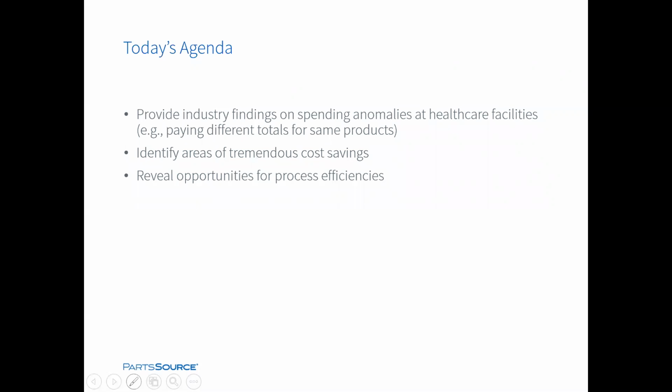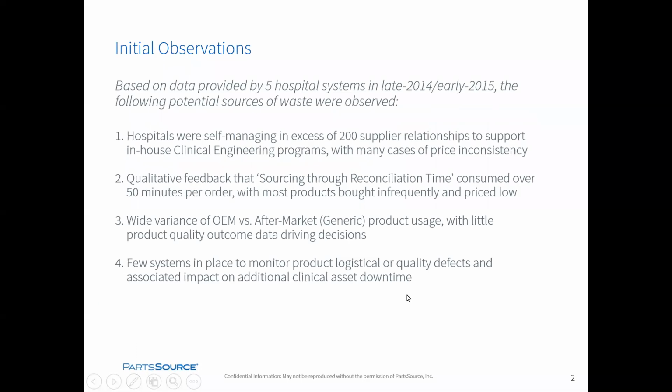We'll talk about areas where we've identified opportunities for significant cost savings, for significant process efficiencies, and importantly, significant quality improvements as well. As I mentioned, we began the study in the late 2014, early 2015 time period, and we were working with